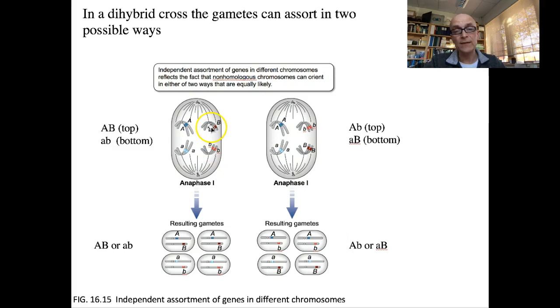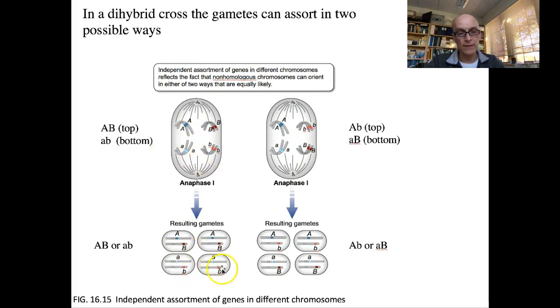Same thing here, but this is maybe chromosome 2 from the mother and the father, chromosome 1 from the mother and the father. So these are homologs, these are non-homologous chromosomes. And they can orient, like we discussed before when we talked about meiosis, in two ways. They can either be like this, or they can be like that. And that means that they can give us 4 different types of gametes. They can either give us the gamete where big A and big B are together,